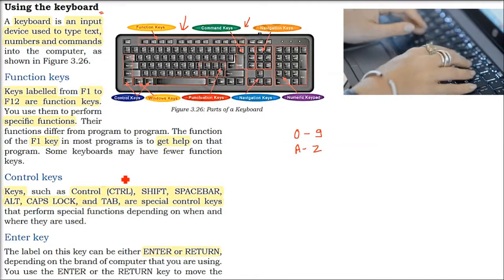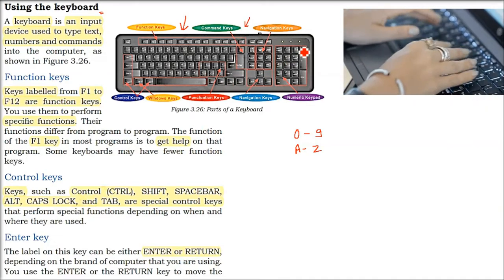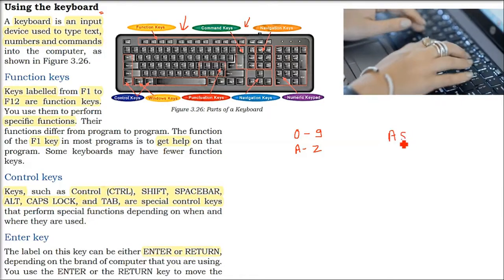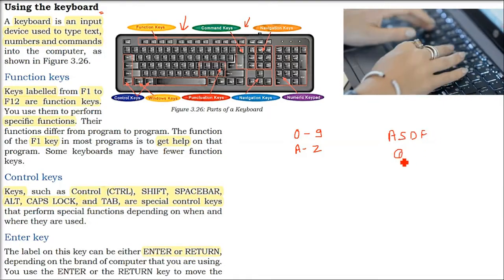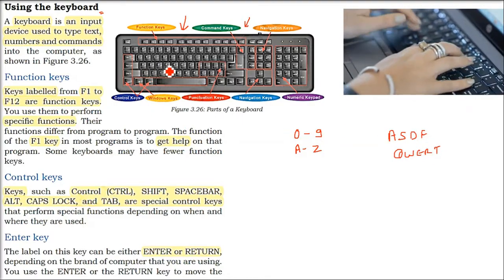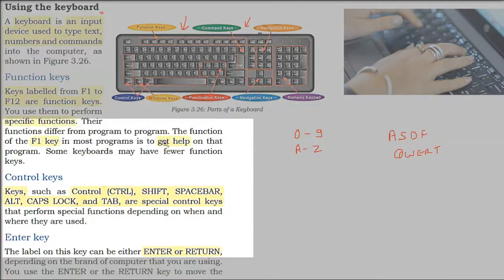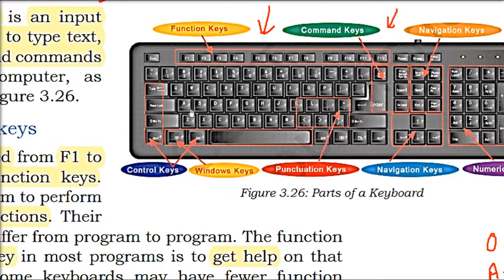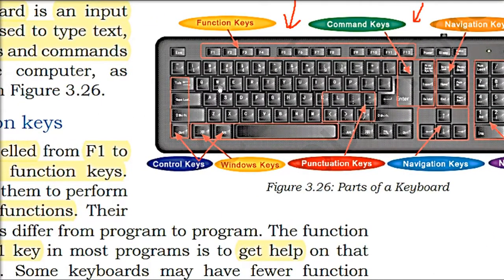This is just a traditional conventional type of keyboard I am trying to depict here. But nowadays these have changed immensely. The designs have changed. ASDF, QWERTY, this is the name. I'll just show you why this is ASDF. See, ASDF. So that is why it is called ASDF. The upper line you see QWERTY. So this is how QWERTY and ASDF is the type of keyboard.